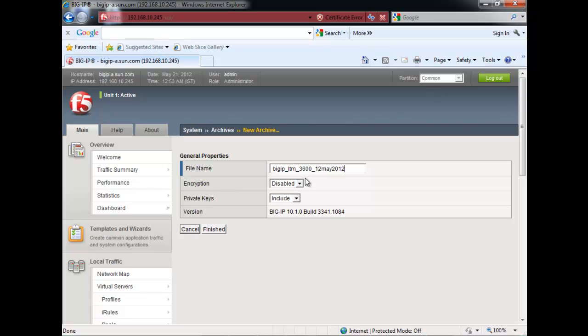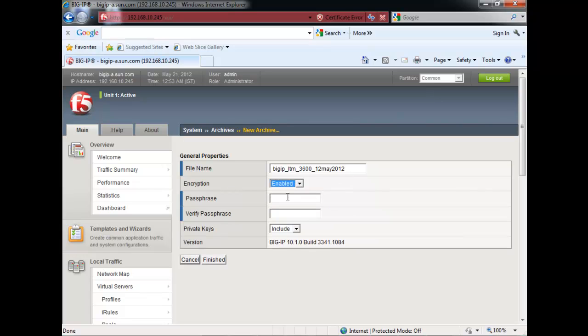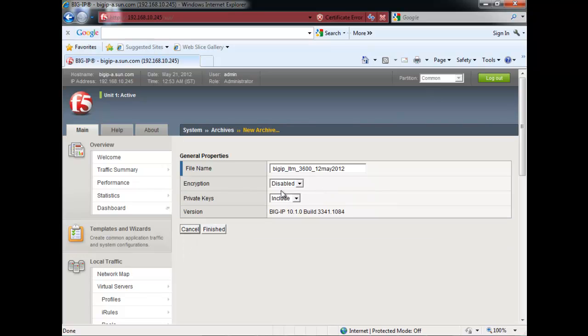So the date and timestamp will be a good option. Encryption, if you click on enable, you can give a passphrase to secure this configuration file. When you want to restore this file back, at that time you need this passphrase. So disable it. Big IP LTM UCS file, click on Finish,